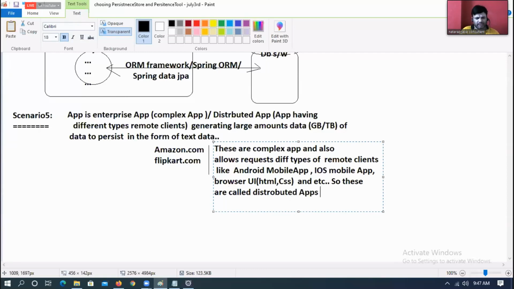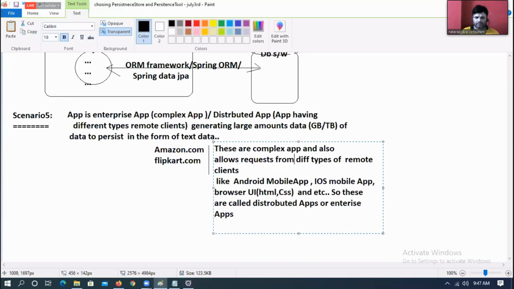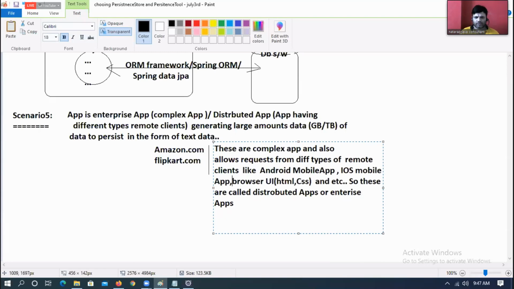Distributed applications or enterprise applications. Enterprise application allows request from what applications? Enterprise applications.